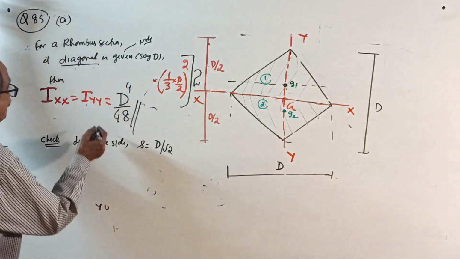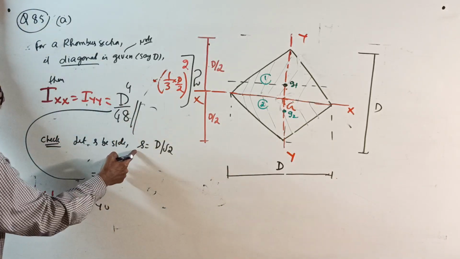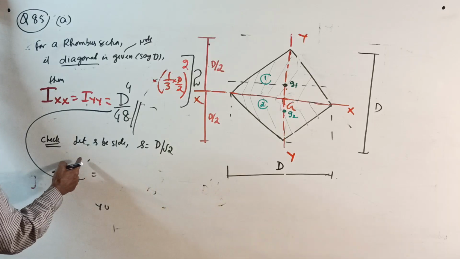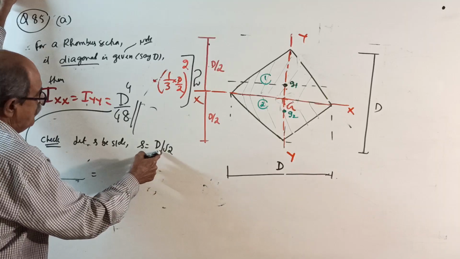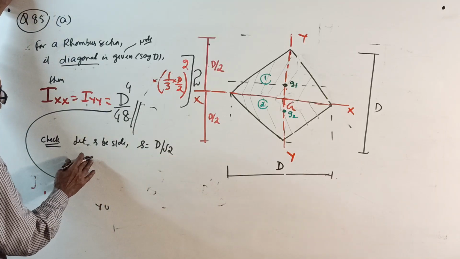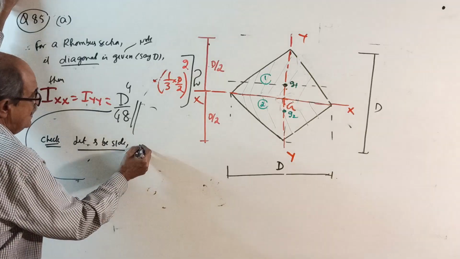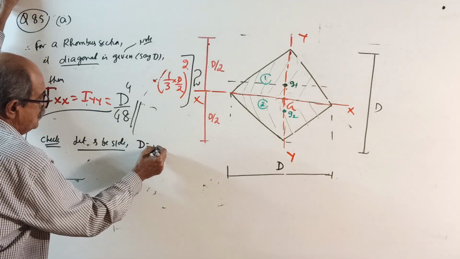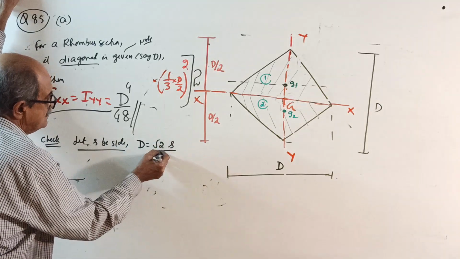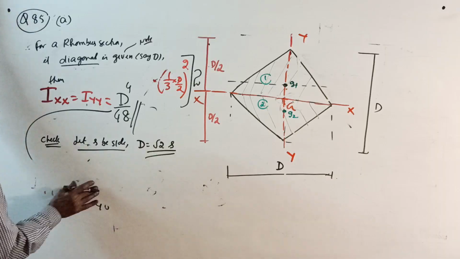In that case, see here, your I will become how much? Diagonal S is, we want what? Let S be the side. S equal to diagonal. Then, or you do one thing. Let S be a side. Or do one thing. You write, let S be the side. Then, D equal to root 2 times side. See, if you take side as S, for example,